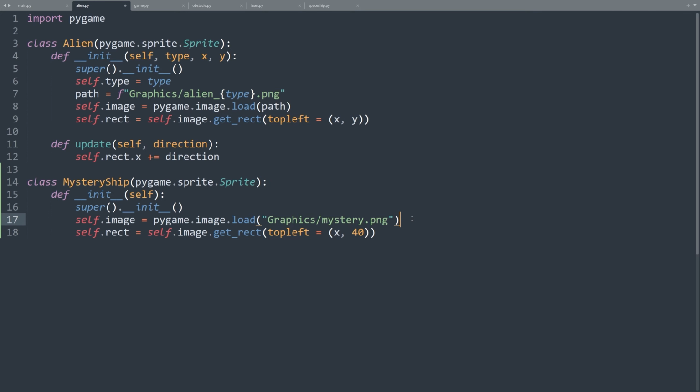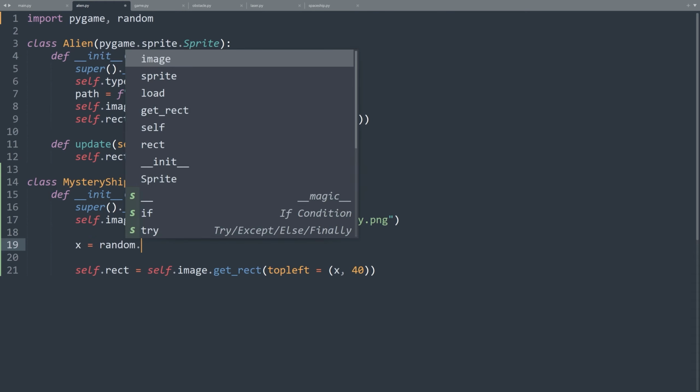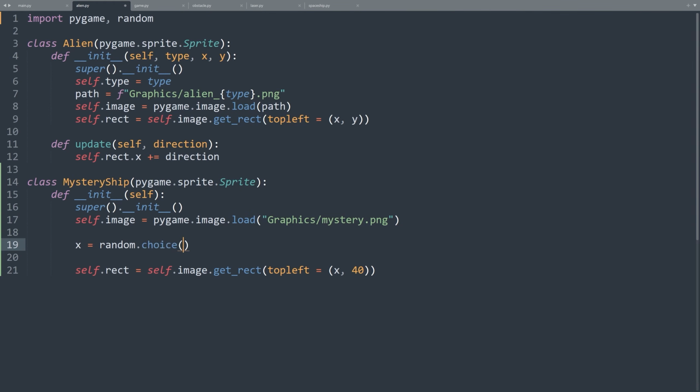Now for the x we need to select a random starting point, either the left or the right edge of the screen. Since we need to select a random value, let's import the random module. Now let's select a random starting point. x = random.choice([]).